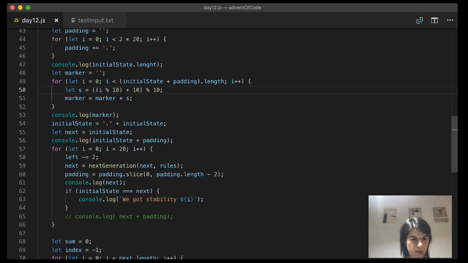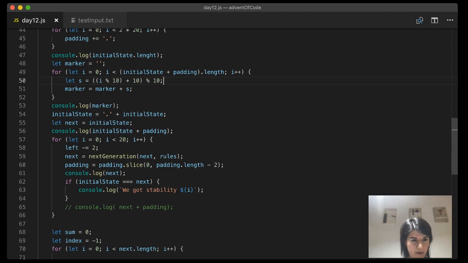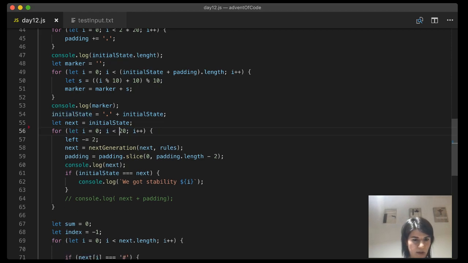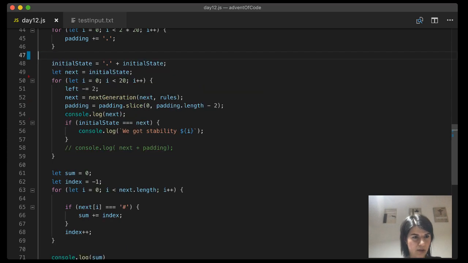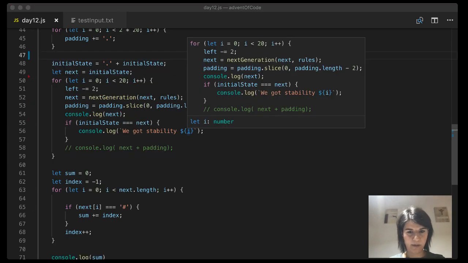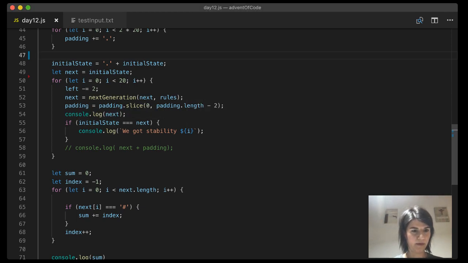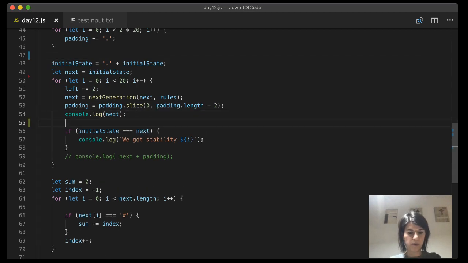Okay, so I have an initial state, and now do I want to print the initial state? I don't think I want to print that. I don't think I want to print the marker. So this is all just debug information. Okay. So if initial state equals next state, but that's not what we want. We want